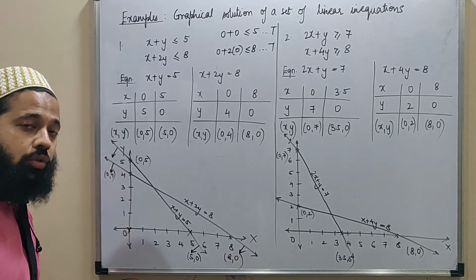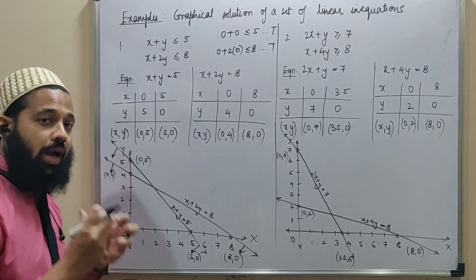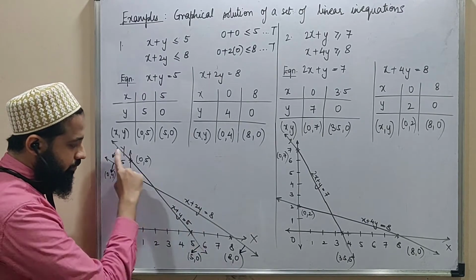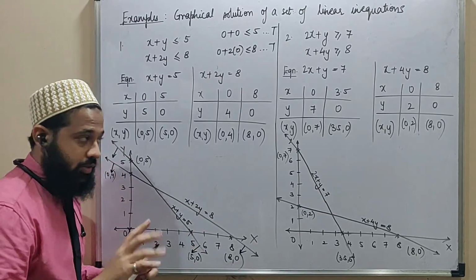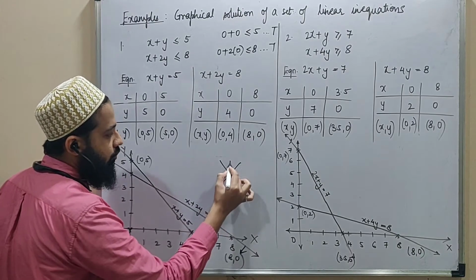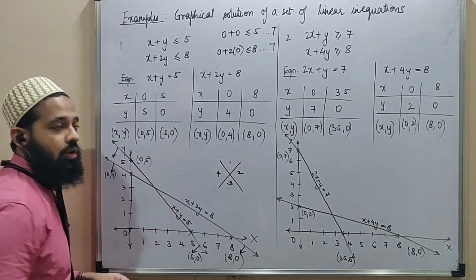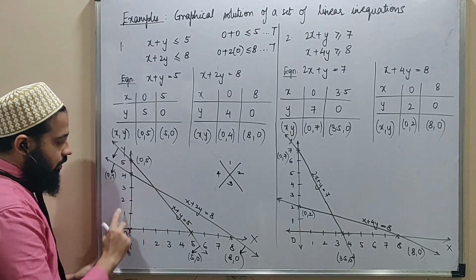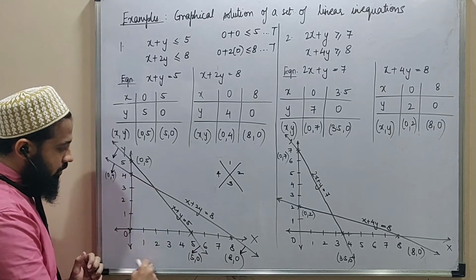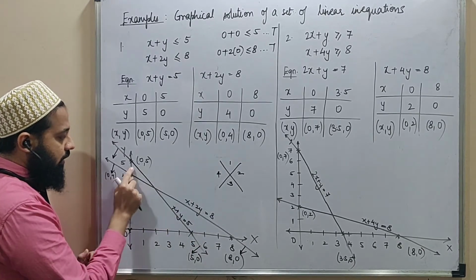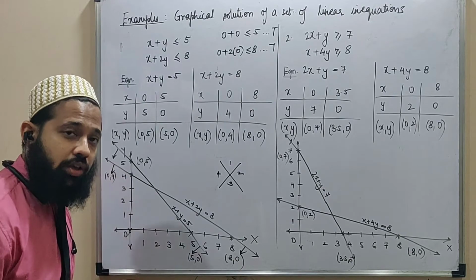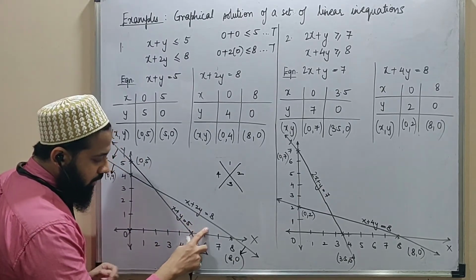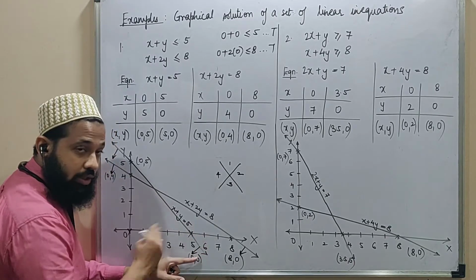Now you need to find the common solution. How do you narrow down to the common solution? Whenever you have two lines, you will get 4 regions, right? An intersection of two lines gives you 4 regions. One of them is the correct answer, that's all. So we have here, this is one of the regions. Disregard the axis. This is one region, this is the second region, this is the third region, and this is the fourth region. Look for a region which has 2 arrowheads. If I talk about this region, this particular arrow is in the opposite direction.